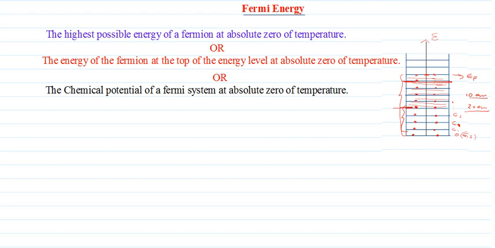So one thing should be clear: the more particles in a system, or the more fermions in a system, the greater the value of the Fermi energy. So we can understand that the Fermi energy of a system depends on the total number of particles in that given system. That is one thing that you have to keep in mind,